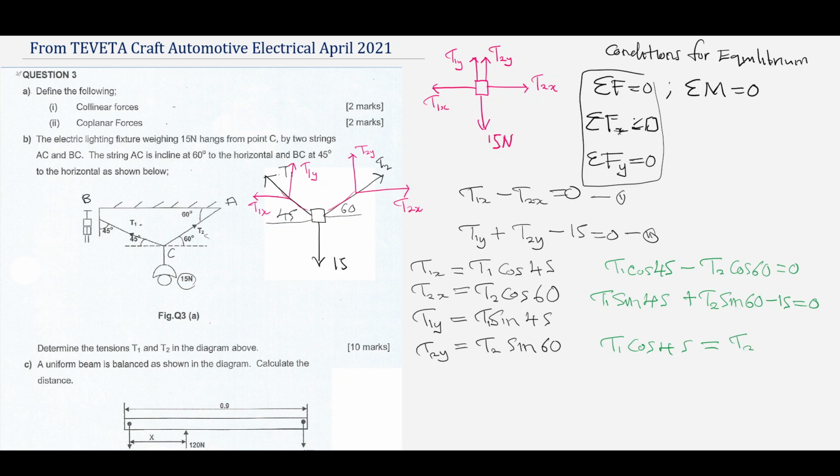So T2 cos 60, over cos 45, so this one and this one will go, and then we remain with T1 equals